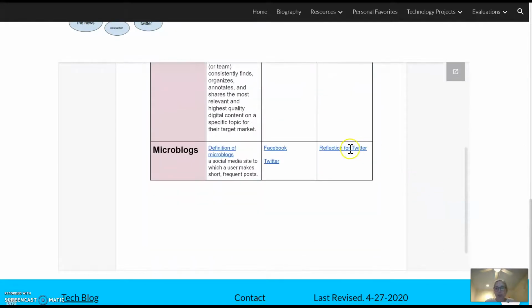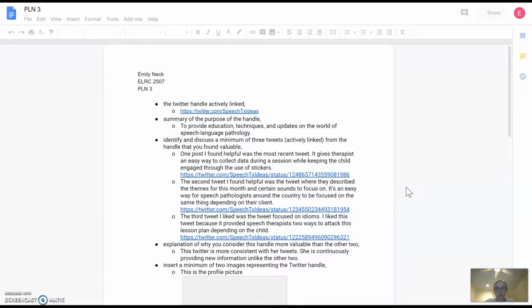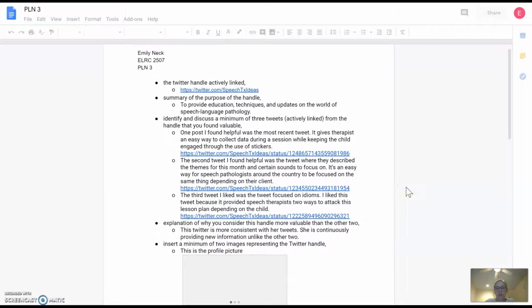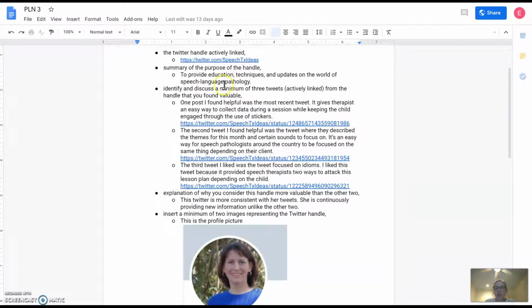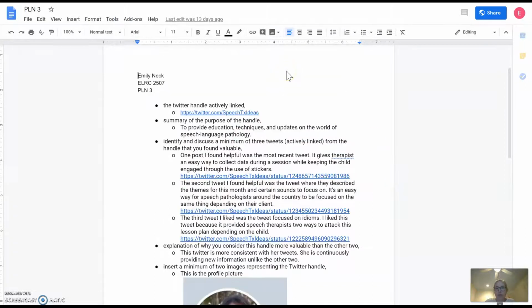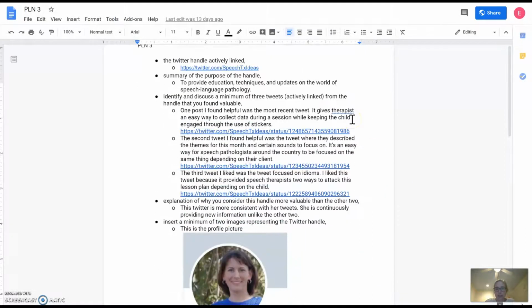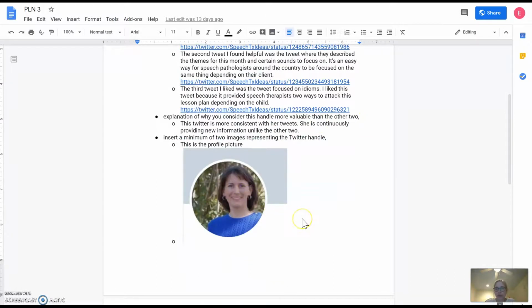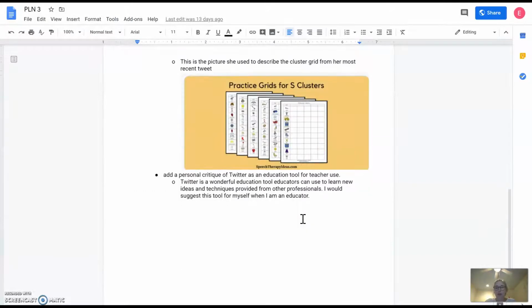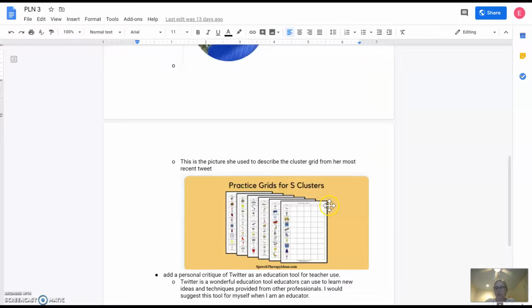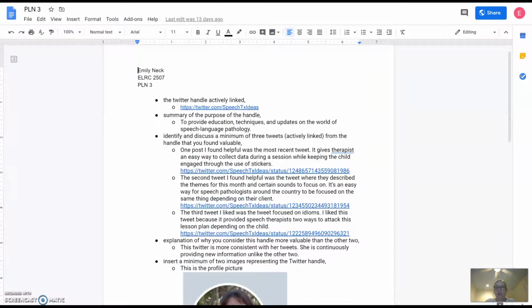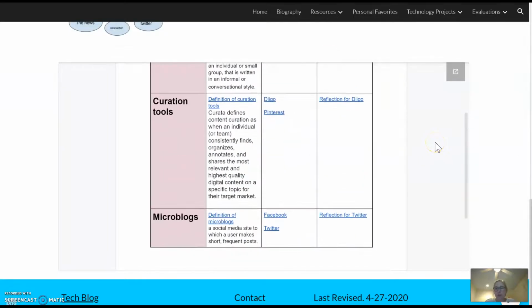And then my last reflection is the reflection of the Twitter microblog. So here is my assignment. I included 3 tweets from the Twitter speech TX ideas. Here is a picture of the profile from the Twitter, and then here are pictures from some of the tweets and the things I like about the tweets. So these are all my PLN, PLE